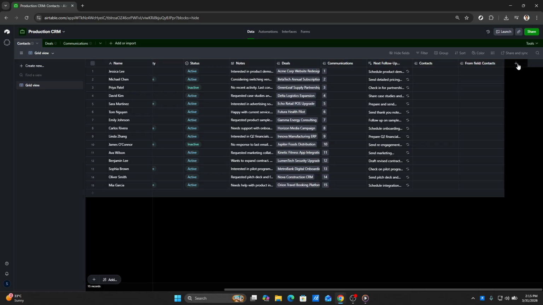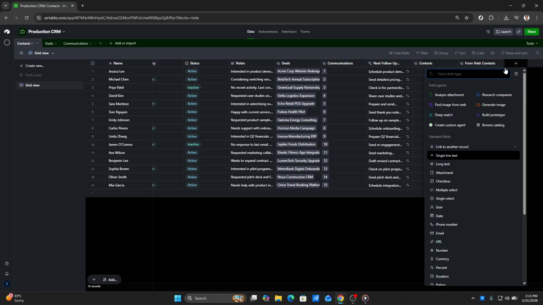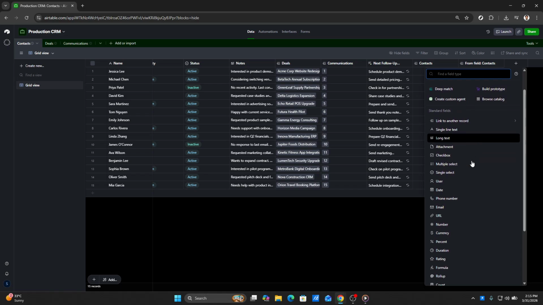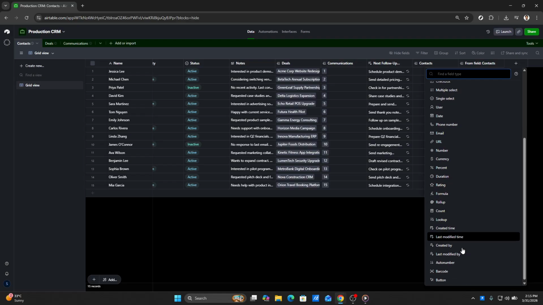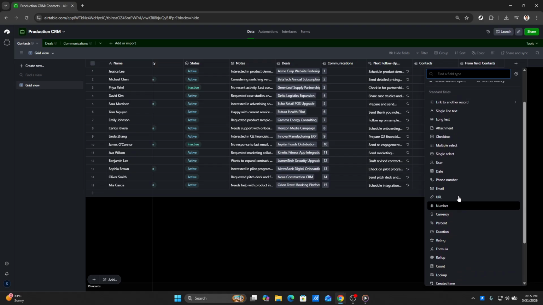Once you've found the plus sign, your next step is to click on it. This action is straightforward, but it opens up the options you need to customize your table further. Clicking the plus sign brings up a menu of field types that you can choose from. This is where you decide what kind of data you want to add. Airtable offers a variety of field types, such as text, number, checkbox, and many more, each designed to handle specific